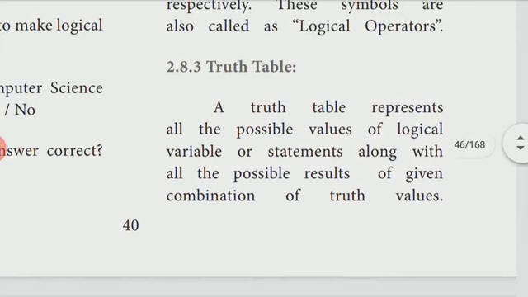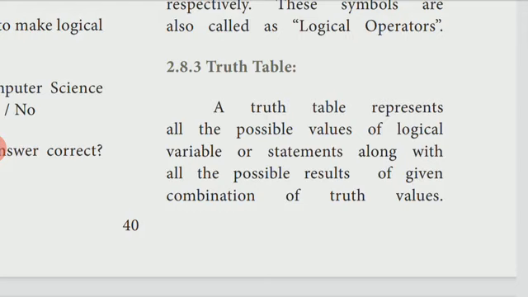The next one we are going to see is the truth table. What is a truth table? A truth table is a table which has all the possible values of the logical variables.